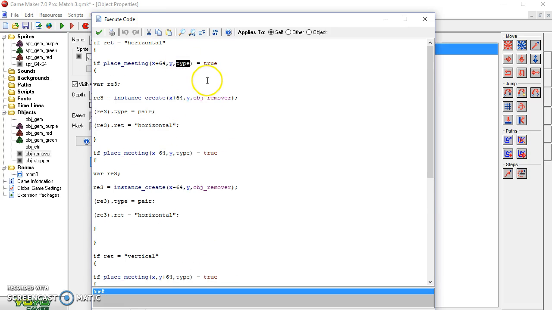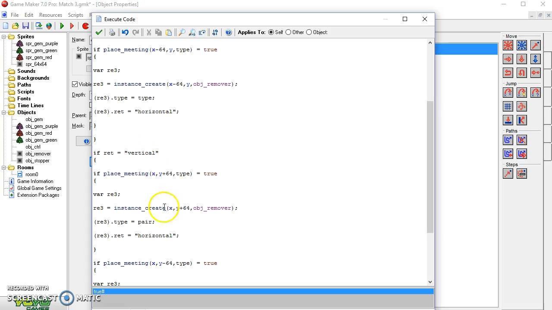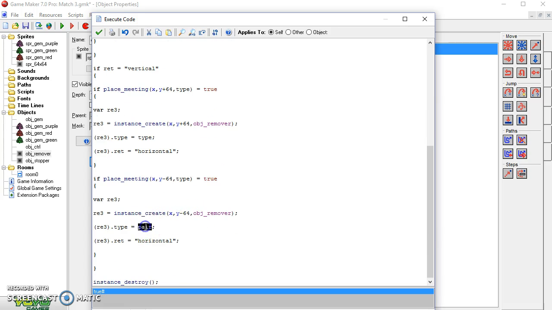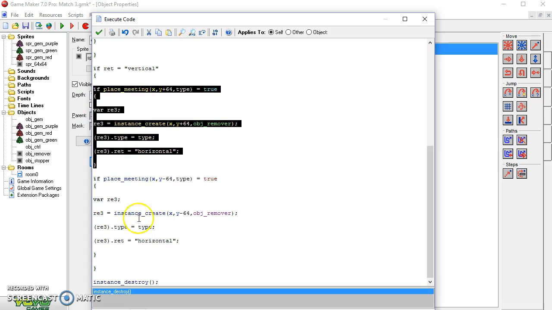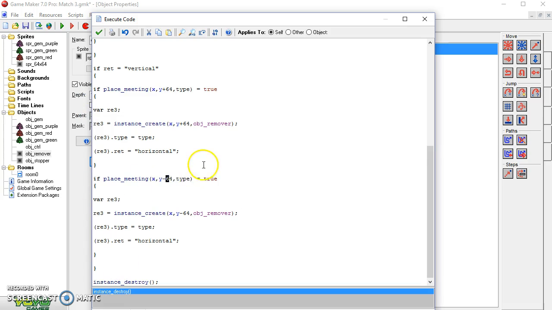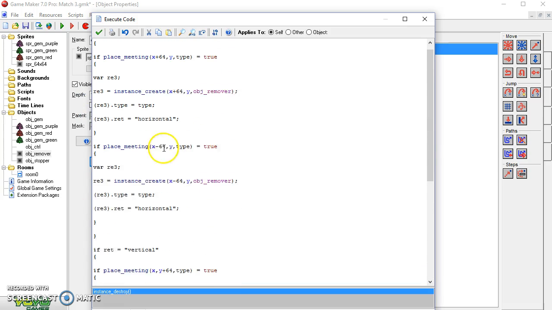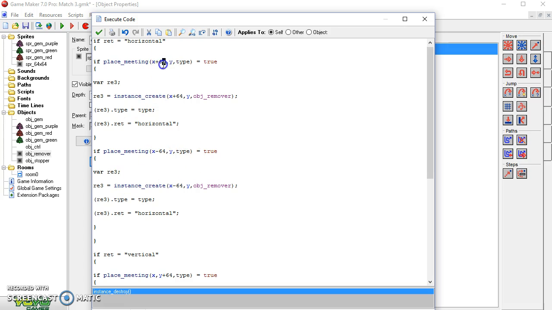I don't know why I didn't change that. Right, so change this pair to type, because right now it's a different variable we're checking, and then it is destroyed. But it's the same for the others. Like if it's vertical, then check for verticals, which is the one below and the one above. Minus is always above. And this is the one to the left, and this is the one to the right